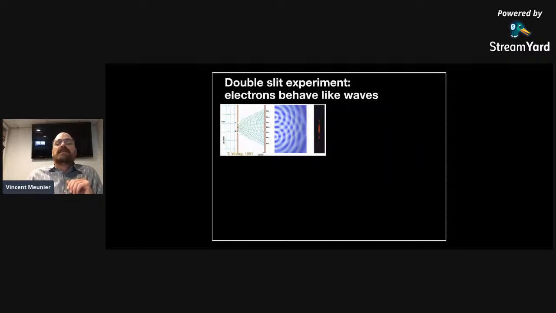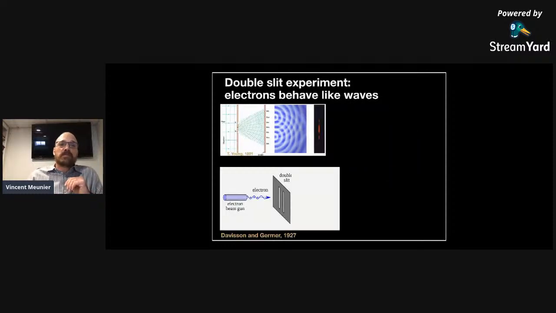Now, what happened is that while everybody believed and understood everything about material, there was this experiment from Davisson and Germer in 1927, where they tried to repeat this experiment, but in this case using an electron gun instead of light, instead of, I would say, a laser. Of course, a laser was not used in 1801. It came well later, but anyway, instead of a monochromatic source of light. And so in this case, the idea was to shoot electrons with a gun at this double slit, the same way that Young's experiment took place.